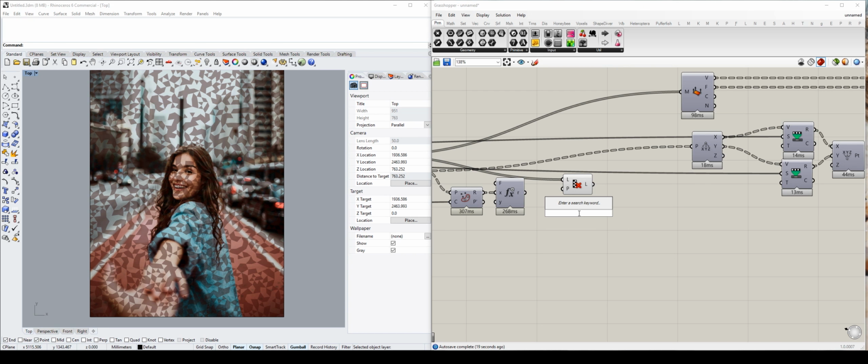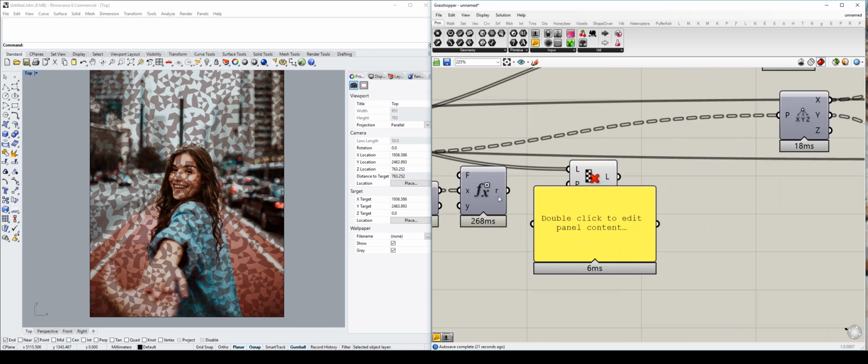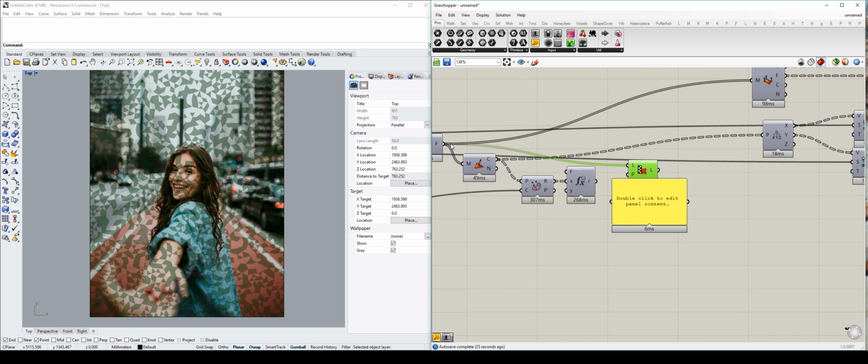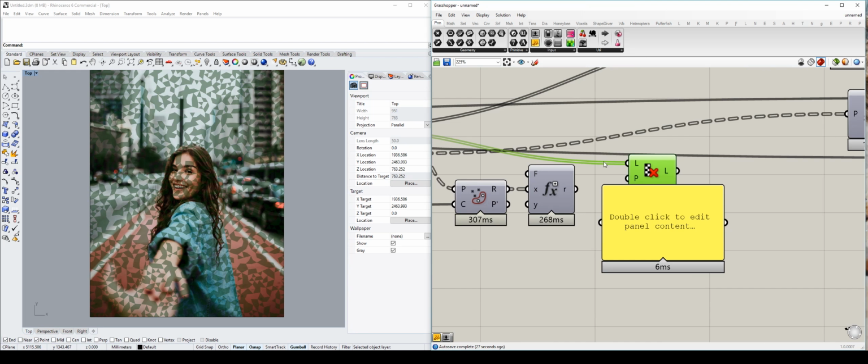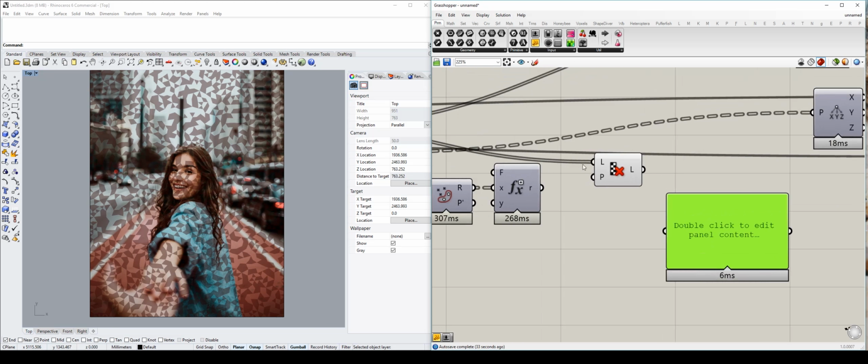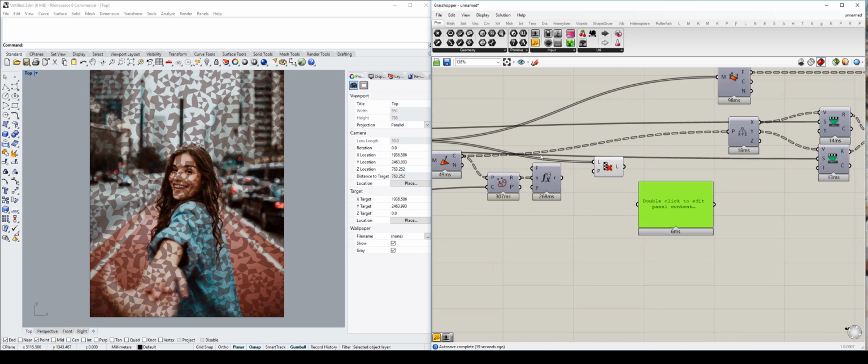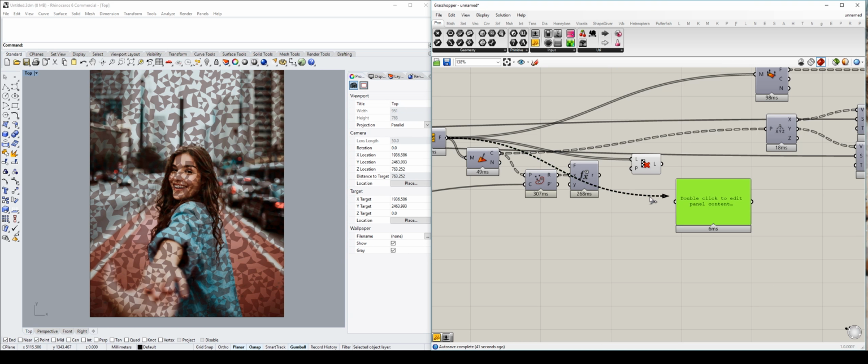Okay. It's going to be a problem if you connect this one straight into the P, and the reason for that being, you see this input, this line here is thick, and it's not dotted, not dashed, which means there are multiple data within a single tree running to this input. If we can plug it into a